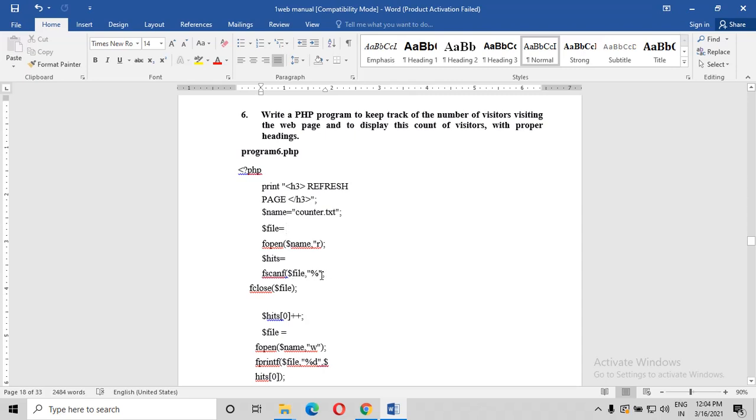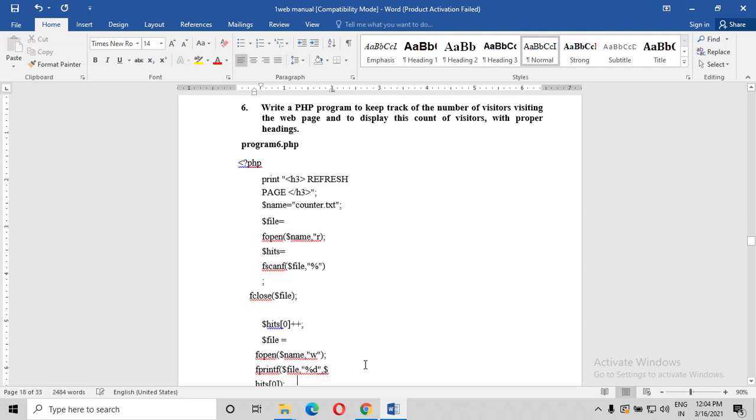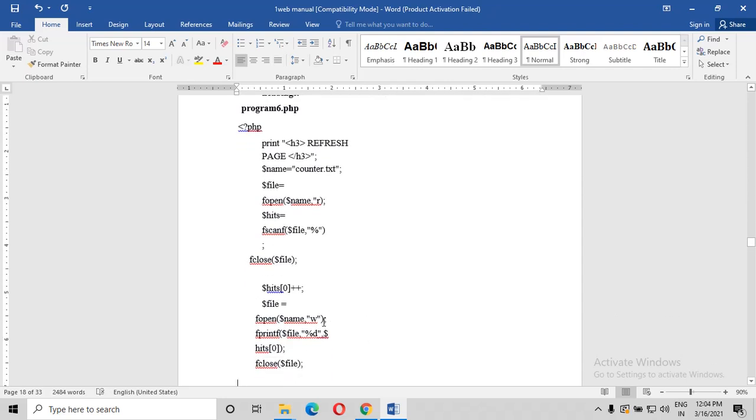It has to display the count. Once after that, what you have to do? You close the file. Which file? Whichever file you have opened, right? And the hits will be increasing. Then fopen, what is the syntax? We have studied file name and the mode. Now the write mode: whatever you have read, you need to write and print, right? You open it in write mode, write to that particular file name with %d for the count, specifying the hits count, and you close that particular file.